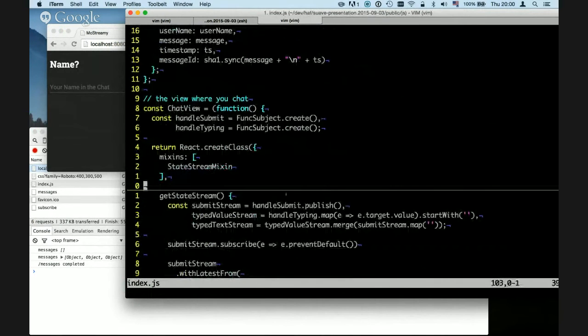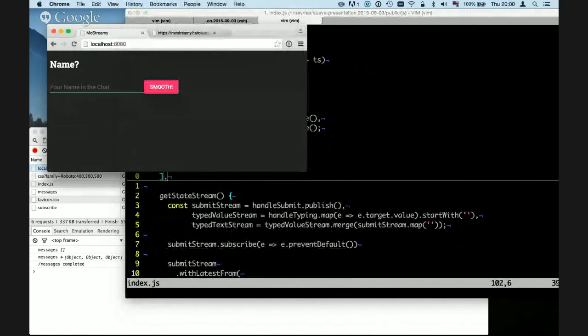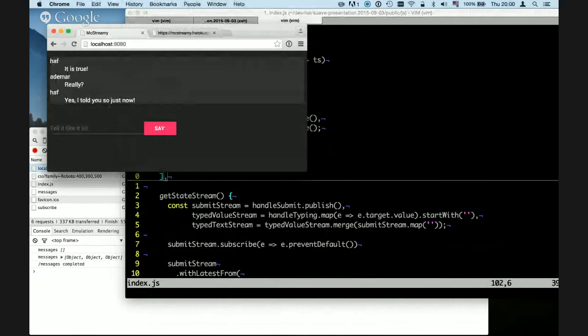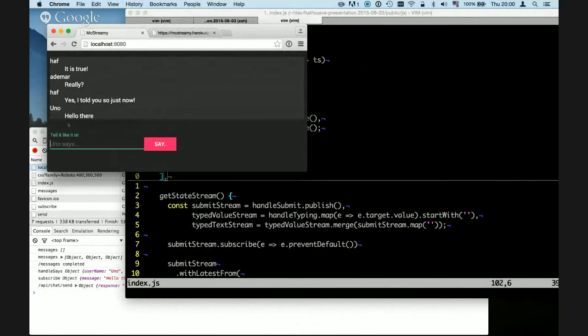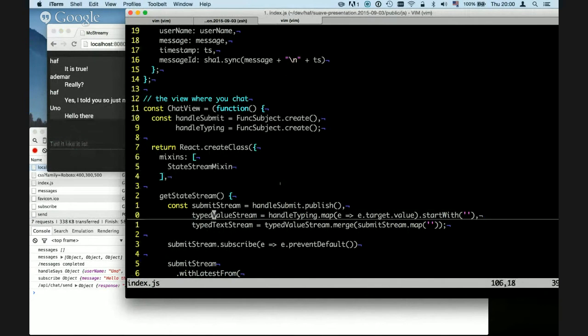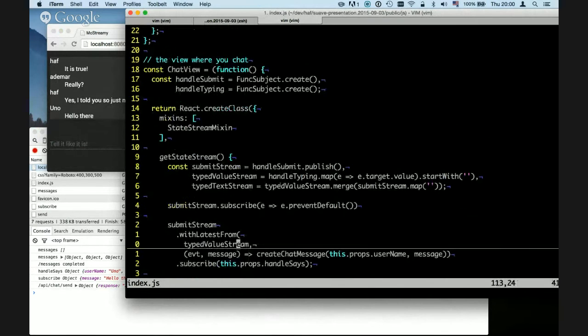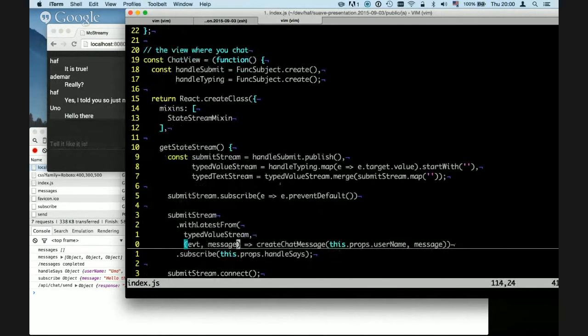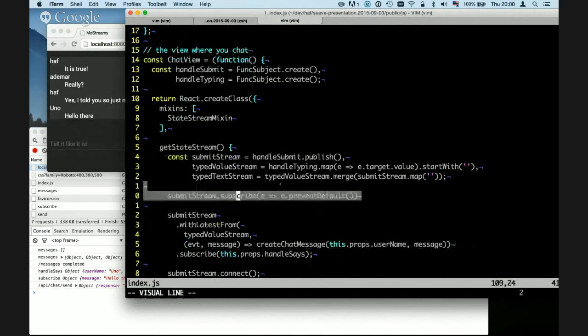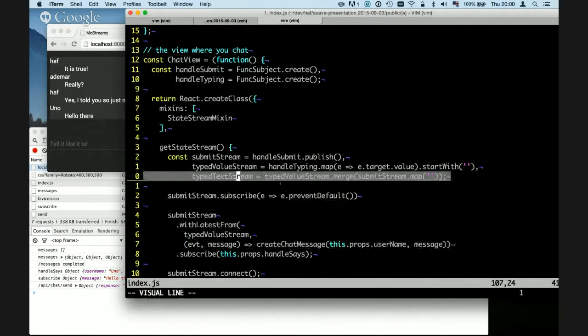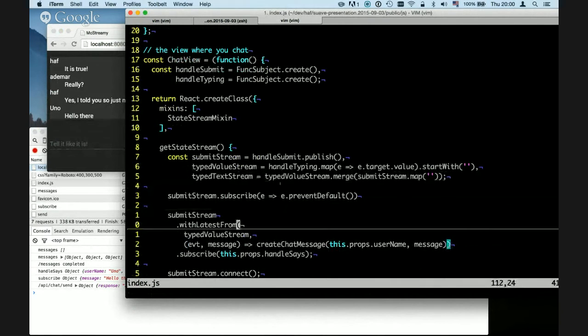The view itself, where I chat, is this thing. You can see that I'm listening to typing of values, which I then, I'm not going to be able to explain everything here, but basically we also stop postbacks, we show what we're typing,